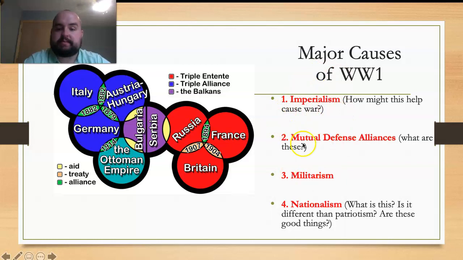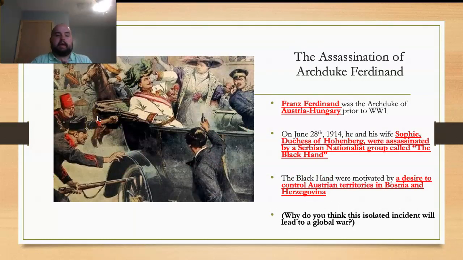This, of course, again ties back into the imperialism and mutual defense alliances. If you're willing to wreck another country in order to increase your empire, that of course could lead to conflict. Now, as many of you are probably aware, what is considered to be the main cause of World War